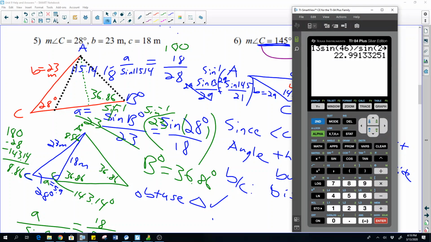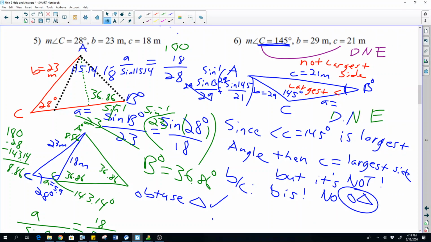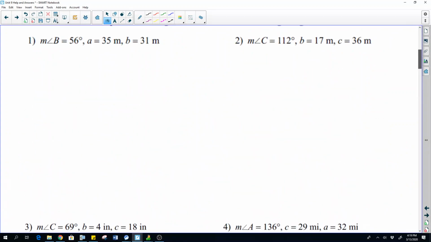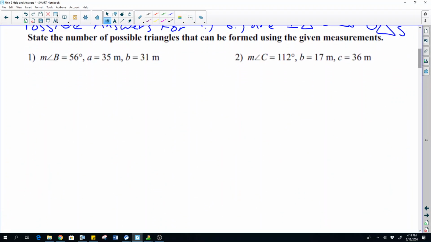In previous videos I watched, they said you'd get an error, but let's see. So 29 sine 145, close parenthesis, divided by 21, good. So just using the law of sines right now. And we do get an angle, but I don't think I did it right, or it doesn't exist anyways. So sometimes we have to be smarter than even our calculator, so I don't always rely on that. You just have to realize that if they have a large angle, you should have the largest side. Otherwise it does not exist. Or if you get an error on your calculator, it does not exist. But let's take a look at number 1 together.